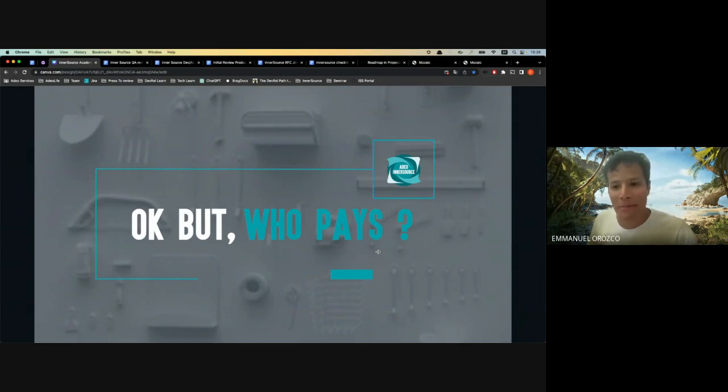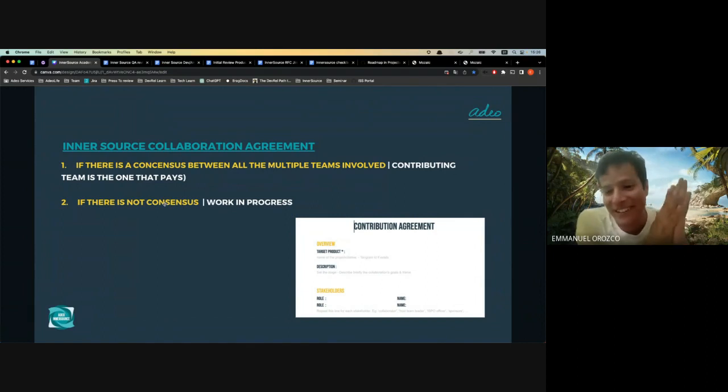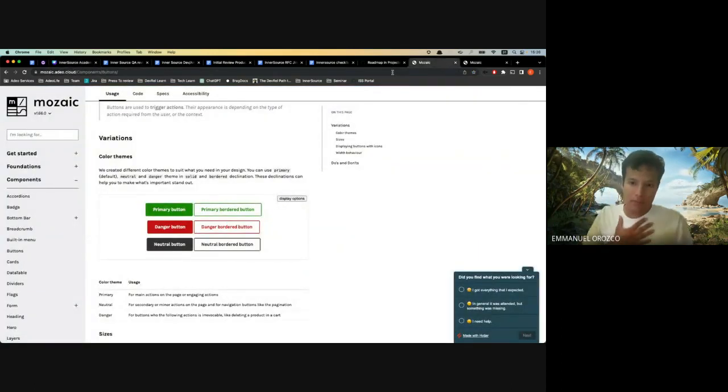Who gives the money? It's a very tough question because at the moment we have 50% of the solution, and the answer is, okay, if there is consensus between all the teams involved. For example, I want to work in Mosaic, and my team, the developer experience team, wants to add a feature on Mosaic, and we all agree that I am the one needing the feature. By me, I mean the developer experience team. If there's consensus between the two parties,